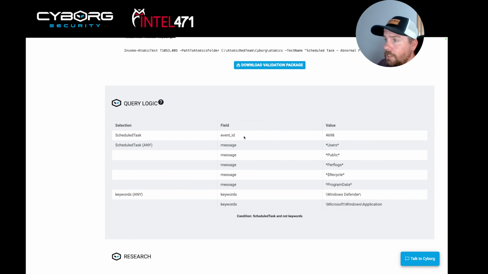So first off, we have a scheduled task, which is event ID 4698. That's the Windows native logging event ID that captures a scheduled task being created. Now, if we look at the scheduled task in the message, which is the normal field that captures a bunch of information in the Windows native event log, we're looking for users or public or perf logs, recycle, program data, etc. So we're looking at all these